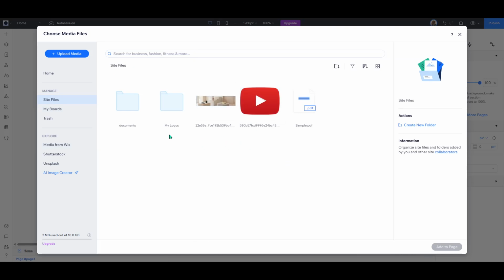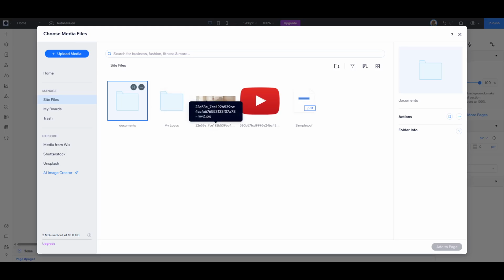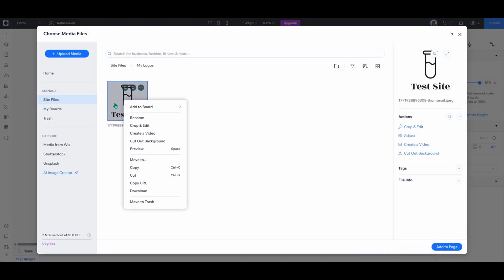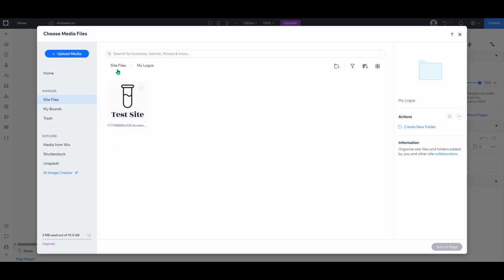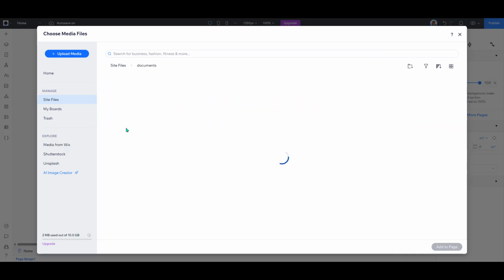Once you're in the Media Manager, you'll see folders and categories that help keep things organized. Next, choose Site Files. This is important. Site Files is where Wix stores the assets that belong specifically to your website. Things like logos, hero images, gallery photos, background videos, PDFs, and other documents you've attached to pages. It's different from stock libraries or connected apps, so selecting Site Files ensures you're looking at the exact items you've